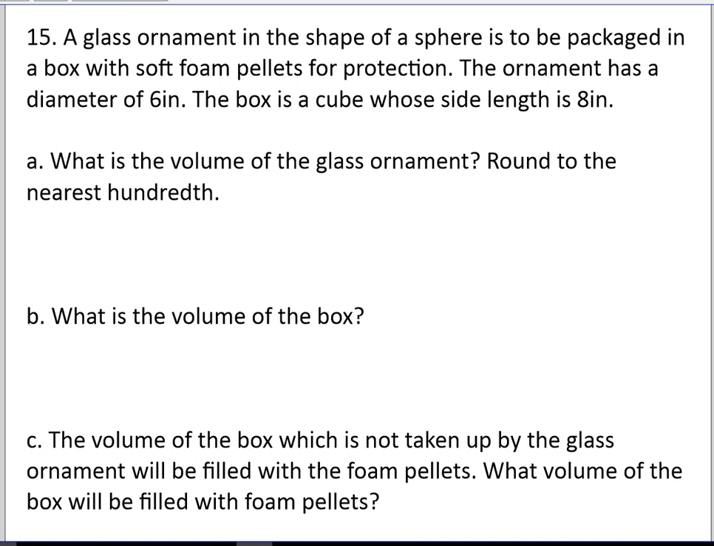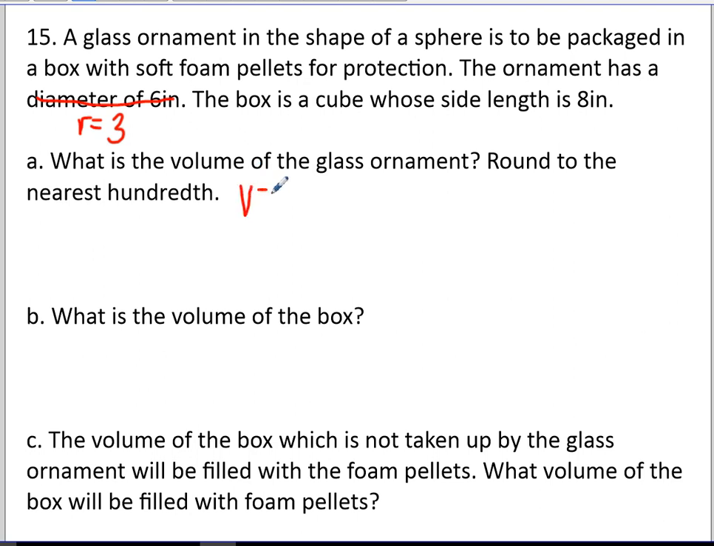Question 15. A glass ornament in the shape of a sphere is to be packaged in a box with soft foam pellets for protection. The ornament has a diameter of 6 inches, a box is the cube, side length is 8 inches. First things first, let's go ahead and change our diameter to radius. So when we're using our formula, we don't plug in the wrong number, because the volume for a sphere is